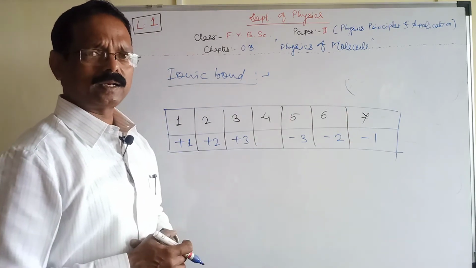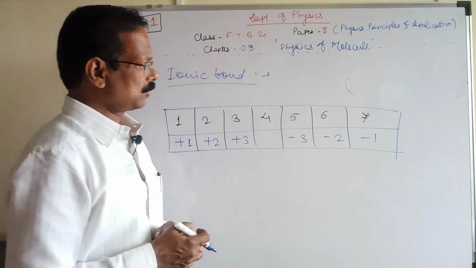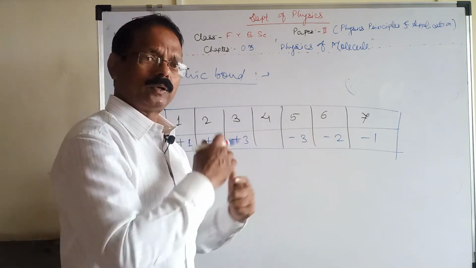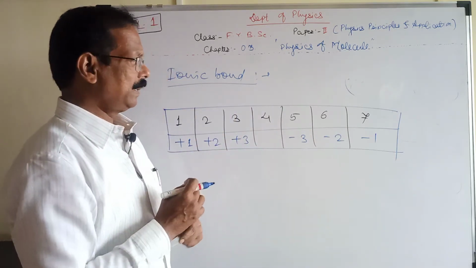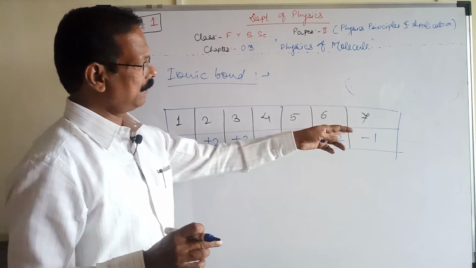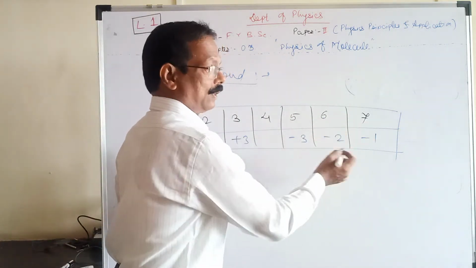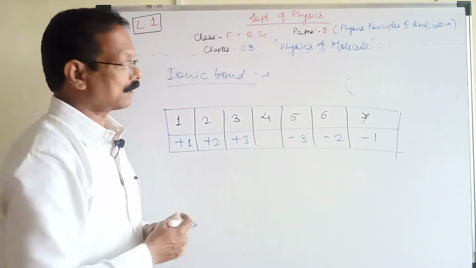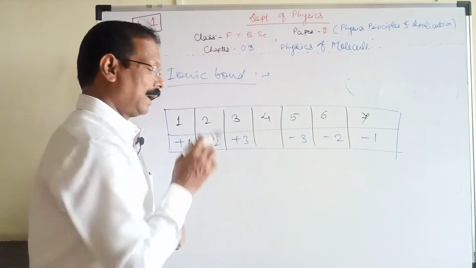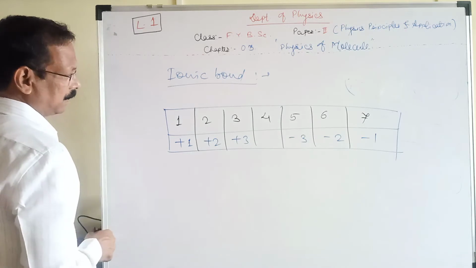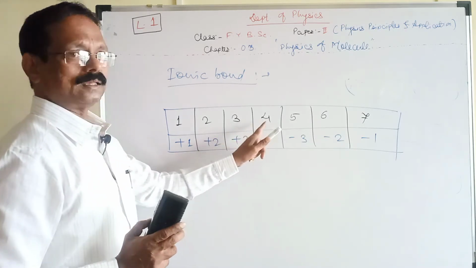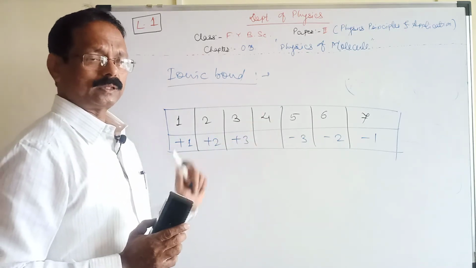In the case of Cl there are 7 electrons in the outermost orbit. That's why it accepts 1 electron from the neighboring Na. So Na donates 1 electron to Cl, and that's why its octet is completed. So it requires 1 electron, that's why it is on the negative side. Then what about the 4 here? I will tell you an example of that also. Those elements having 4 outermost electrons.